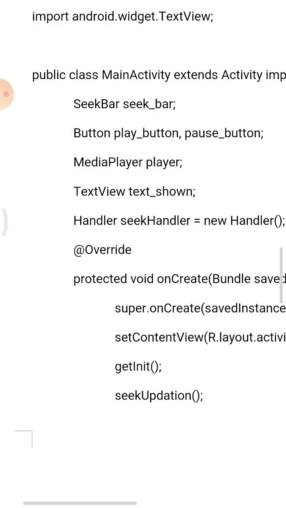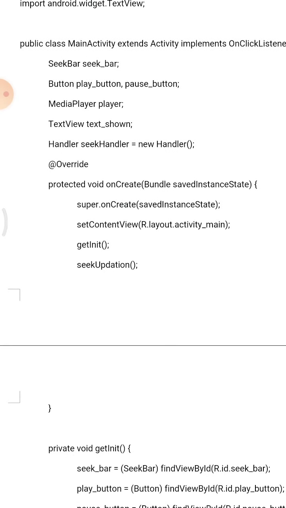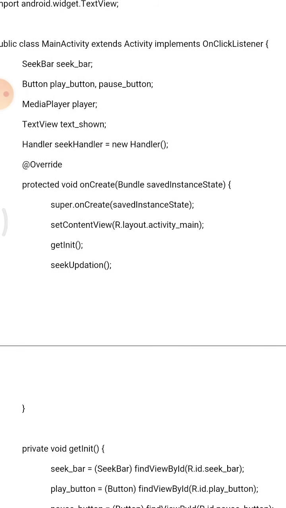Now we will see the code where we require the inheritance property, that is public class MainActivity.java, your main file, which extends the class Activity and implements OnClickListener. Here we have used the OnClickListener also. Normally implements is used for the multiple inheritance property, extends plus implements.